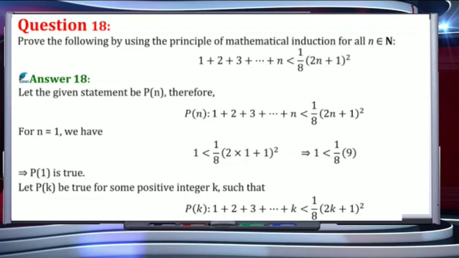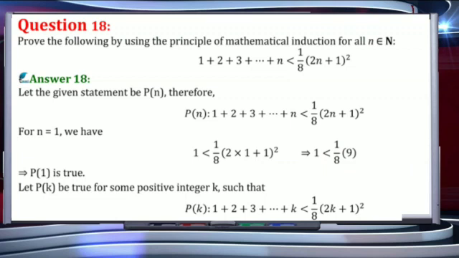So here, as we used to, we will write the whole statement as Pn. For n equal to 1, on the LHS it will be its first term, that is 1. Whereas on the RHS we will substitute n as 1, so that comes out to be 9 by 8. When we divide 9 by 8, that comes out to be 1 point something, that means it is greater than 1. So hence our LHS is less than the RHS.